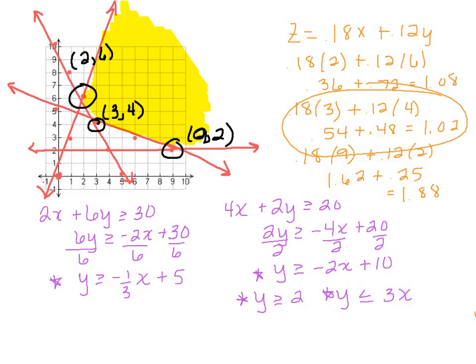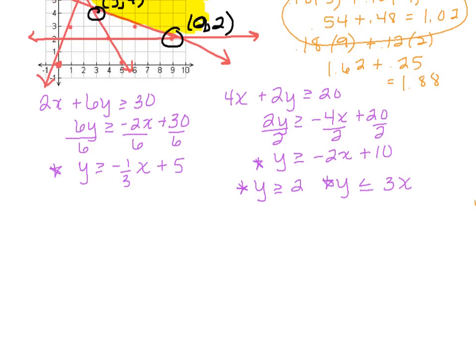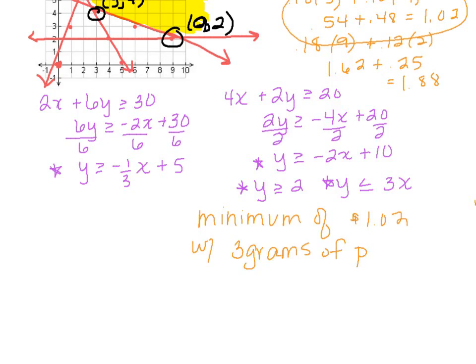So our minimum of $1.02 was used with 3 grams of protein. Since our x value is 3 and x results with